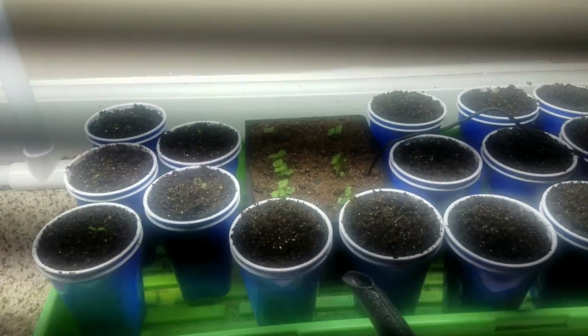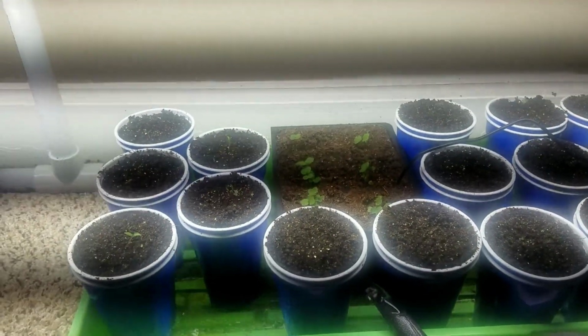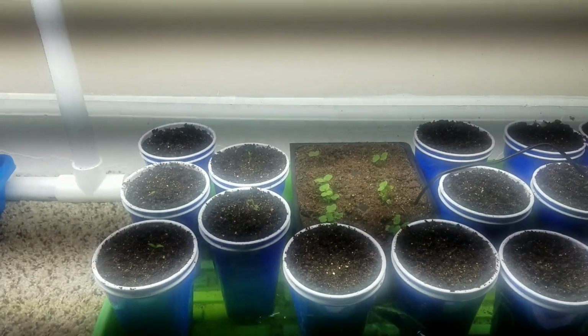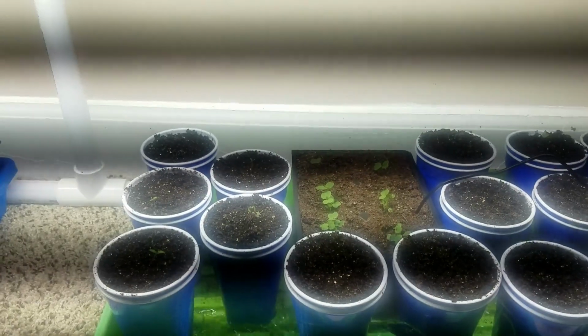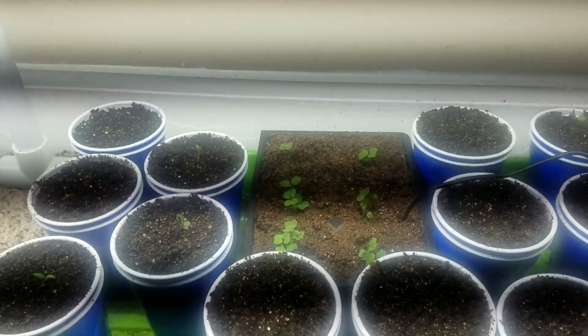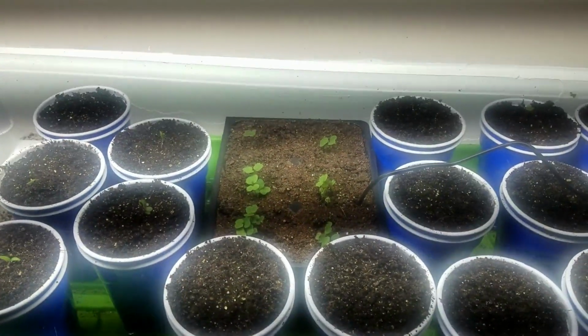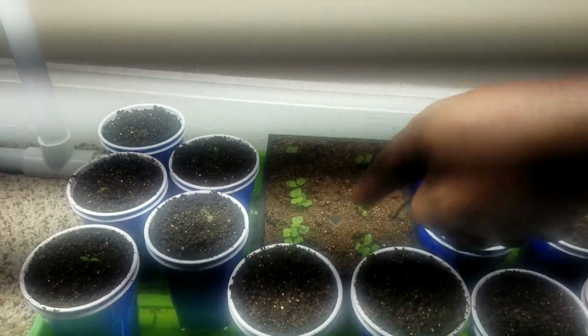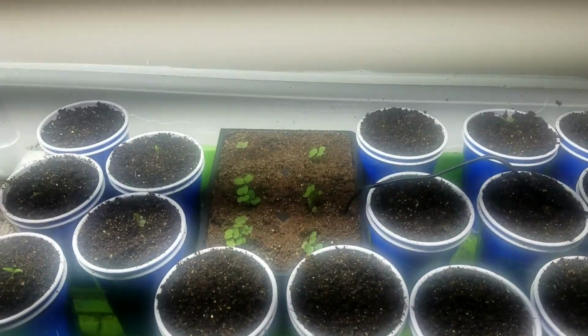Next, what I'm going to do is bottom water, since that one tray is dry. I might even just take all these double cups out of them. No, they're still kind of saturated. So after about 30 to 45 minutes, I'm going to empty out this water, and by then the water should be able to wick up and saturate